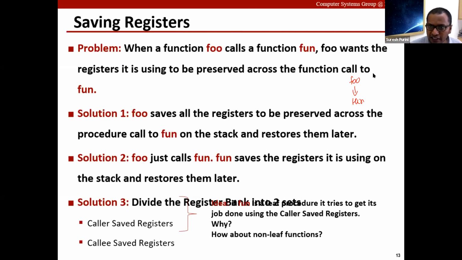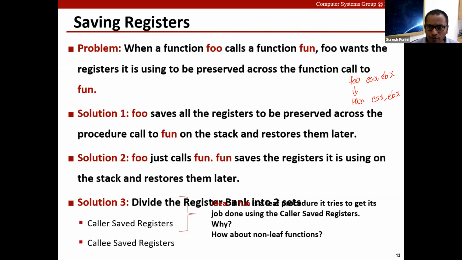Let's say foo is using the registers EAX and EBX, and foo calls fun, and fun is also using those registers EAX and EBX. Then after you return from fun to foo, the values stored in EAX and EBX get destroyed, and this could lead to incorrect execution. So we need to solve this problem. How do we solve it?